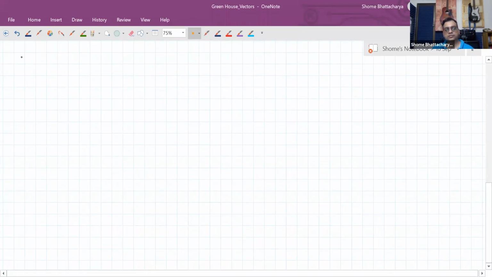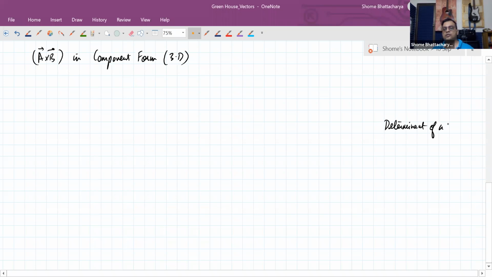So next thing, A cross B in component form is three-dimensional component form. But before that, I just want to discuss one thing. Determinant of a matrix. Okay, how we calculate this thing. Yes, I will discuss the test doubts also. Okay, so